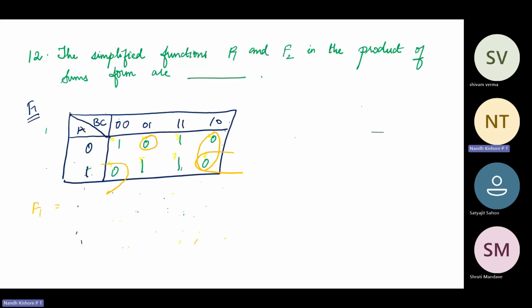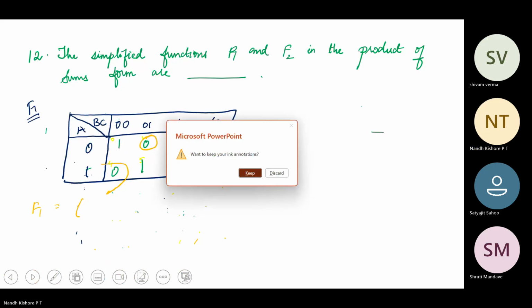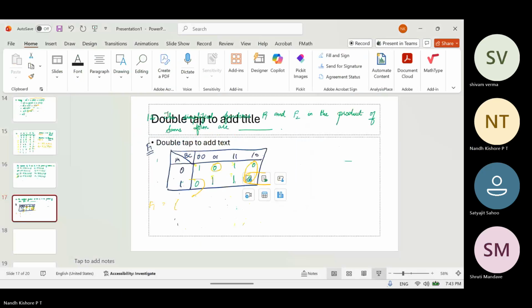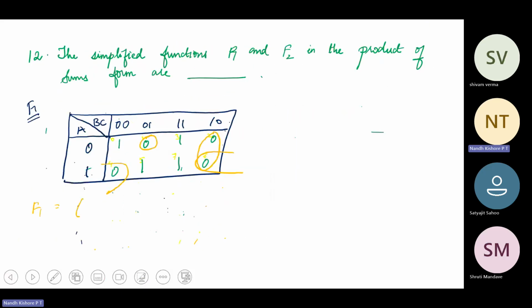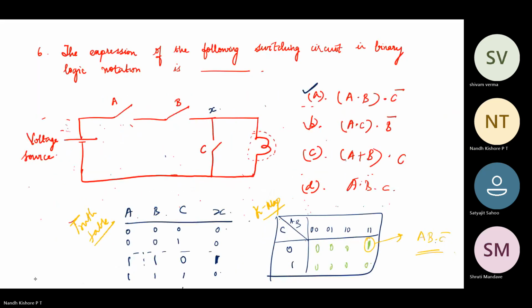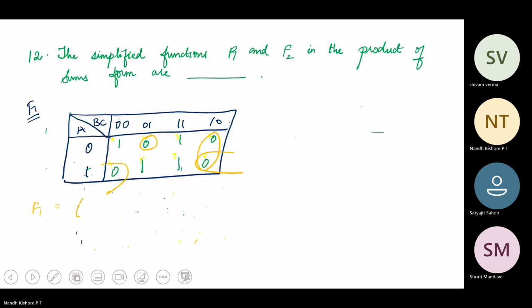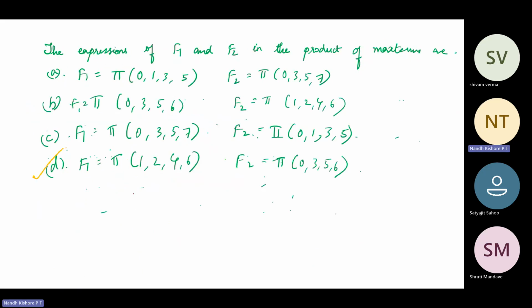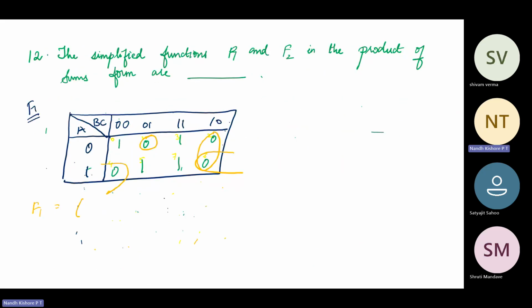F1 is going to be, for the element which is alone, in terms of max terms, in terms of product of sum, you will write it as A bar plus